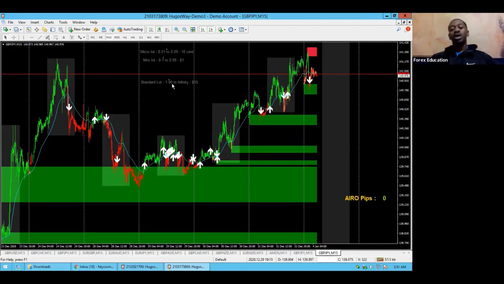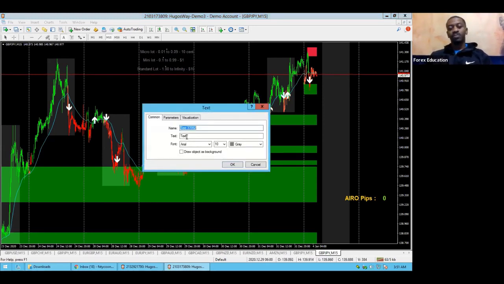Now a 1.00 standard lot counts for $10 per pip. So if price moves up 1 pip, that's 10 bucks. If it moves down 1 pip, that's 10 bucks. Those are the 3 types of lot sizes. Now let's talk about counting pips. There are 2 ways to count pips. The number 1 way